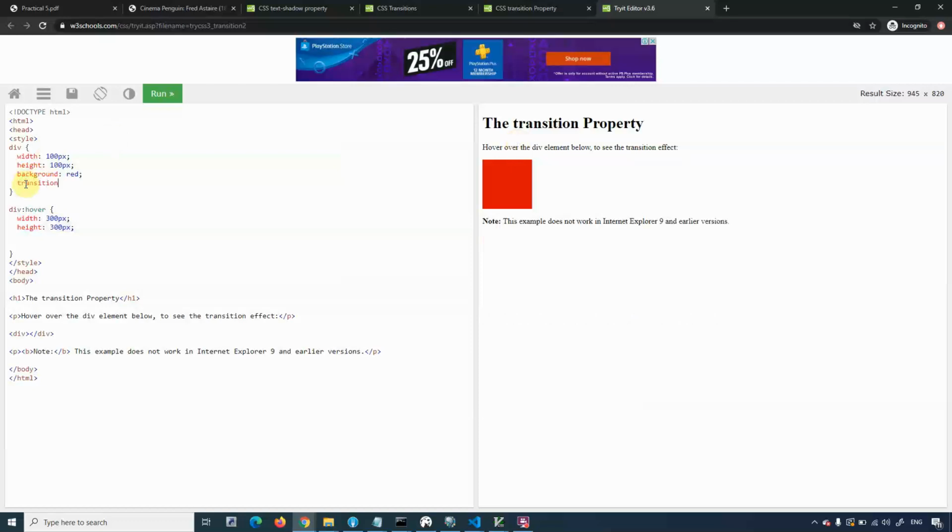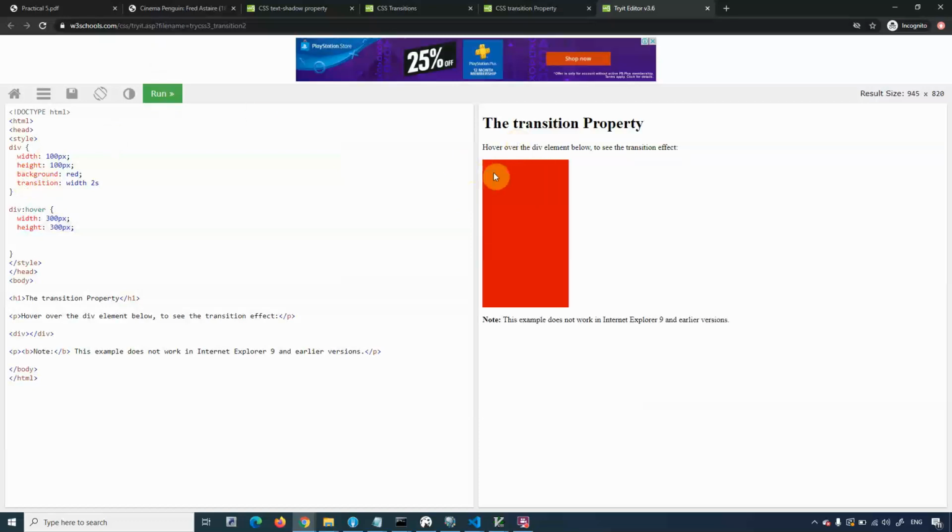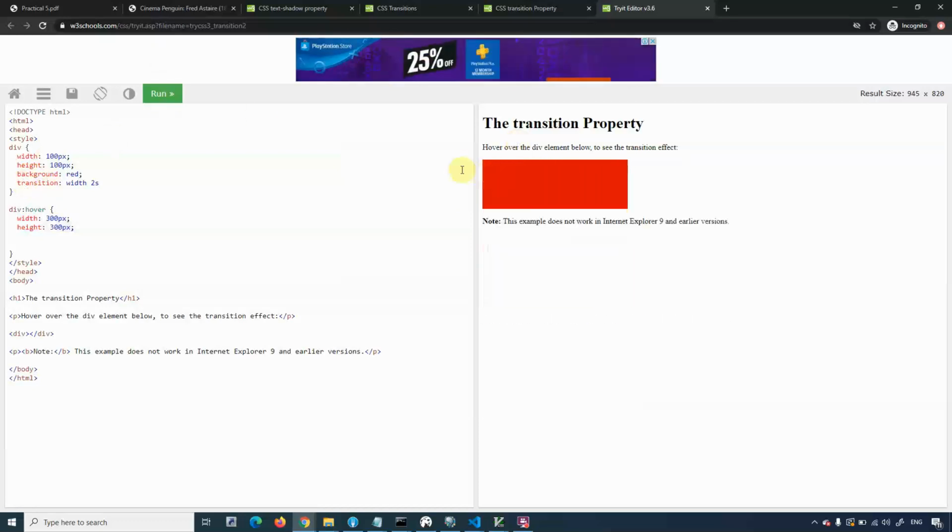Let's try transition. This will be width. Property of width, I want it to transition across 2 seconds. Run. And you can see that,